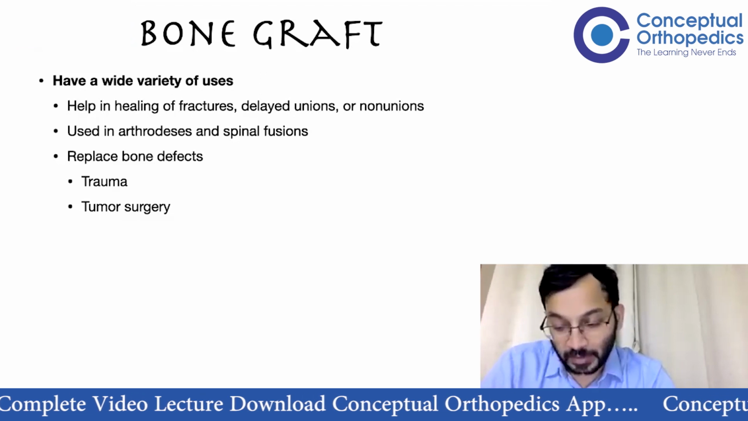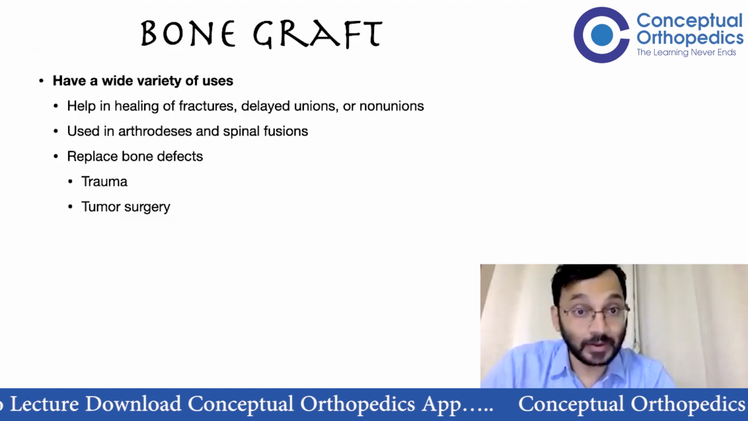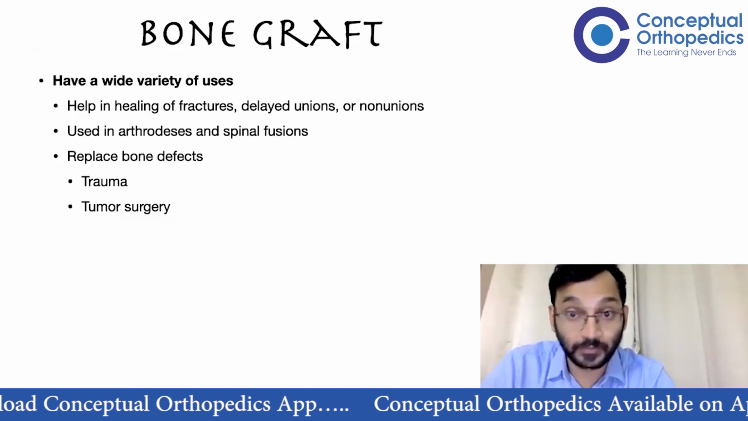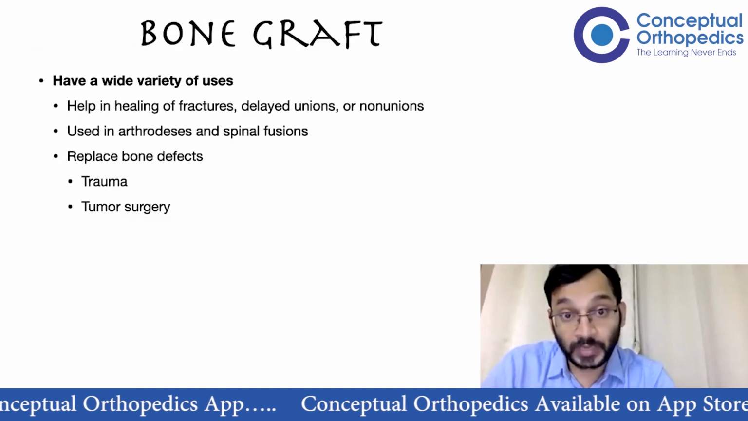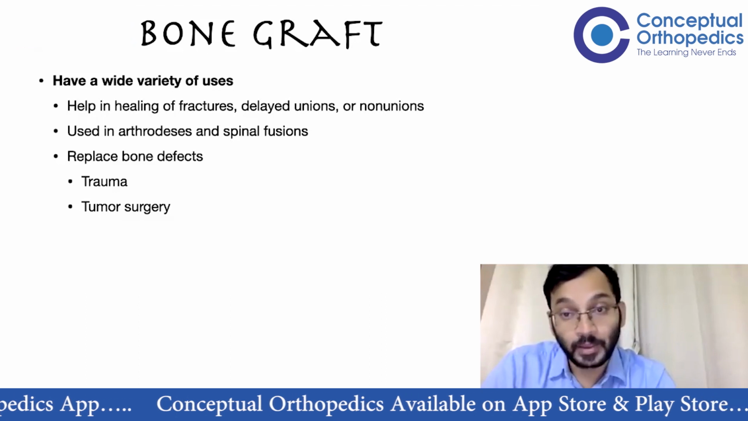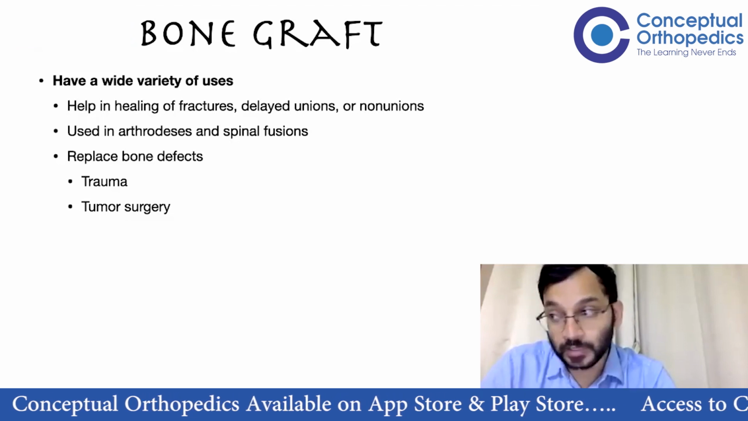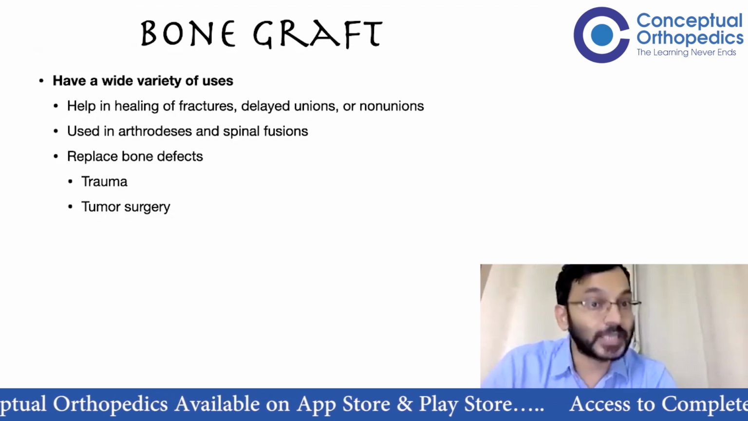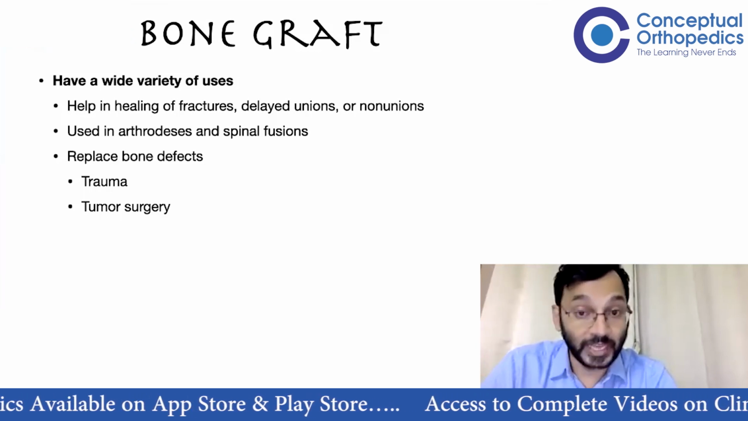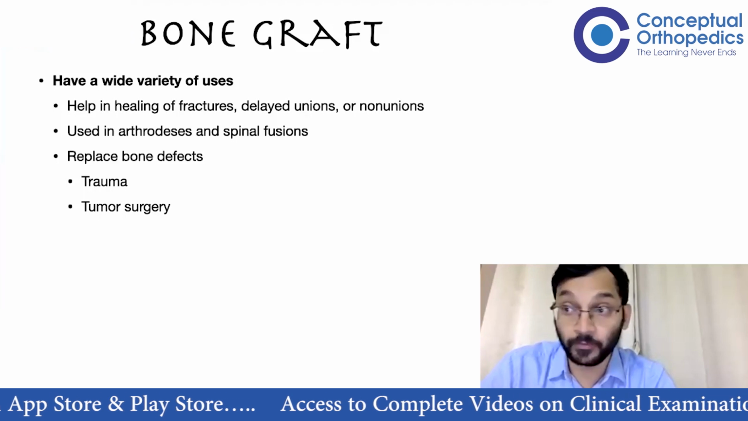So in orthopedics, there are a variety of conditions where we can use bone grafts. A few of them are for helping in healing of fractures, for delayed unions, for non-unions. All of these are cases where you use it in a delayed fashion, not during the original surgery. Whereas there are also conditions where you use it during the primary surgery itself, such as in arthrodesis and in spinal fusion, where you can use fresh autograft